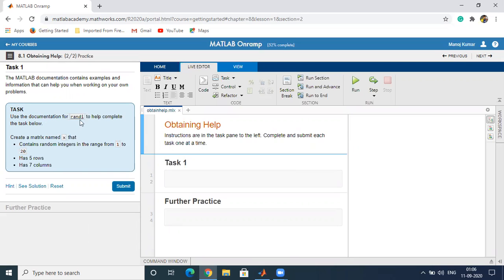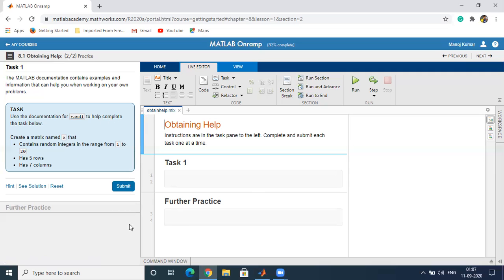Use the documentation for the randi to help complete the task below. So randi, this is the function. You can use the documentation file help command to get the help for this, and you can automatically do the work that you want to perform. So use the documentation for the randi to help complete the task.